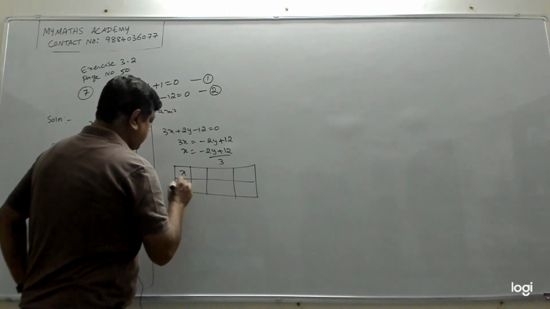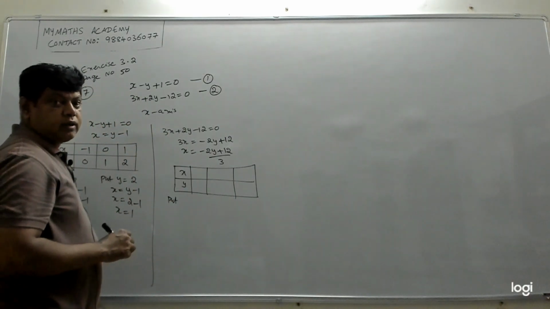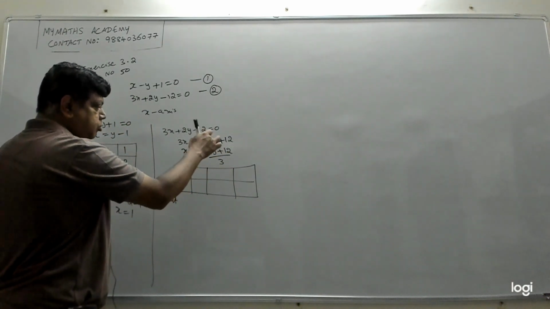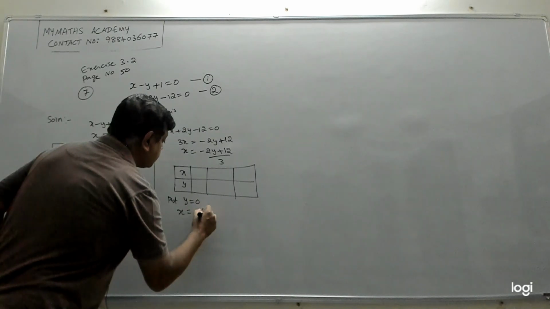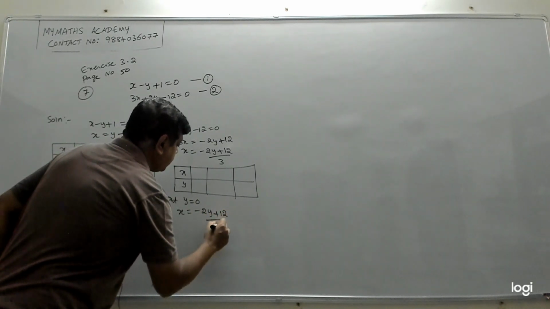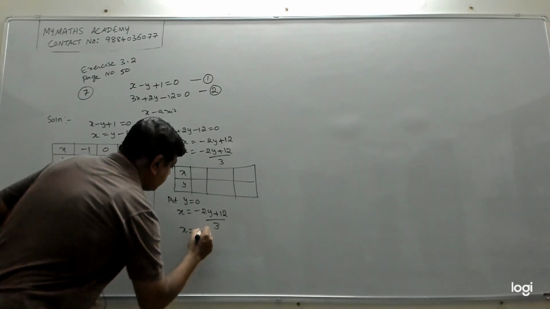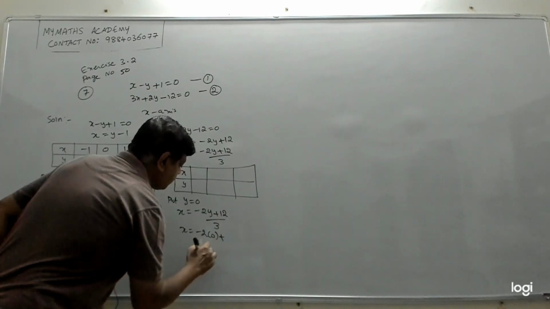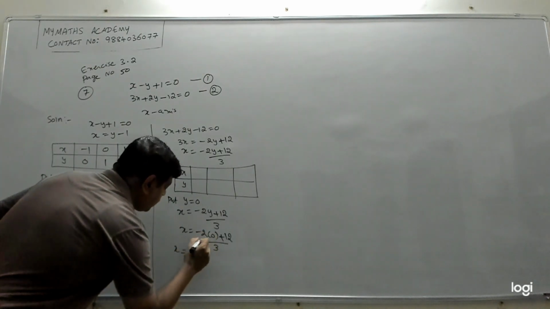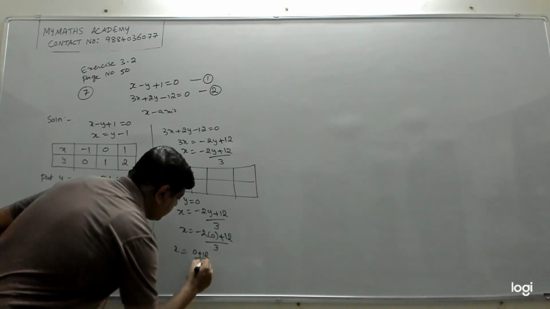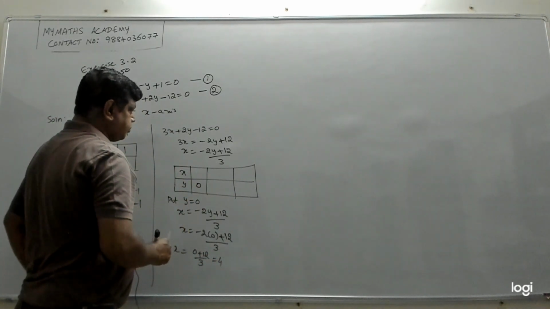Let's find the 3 points. So x and y. Now I should substitute. Which variable do we substitute for? Whatever is on the right side. The right side is y, so you have to substitute for y. Put y is equal to 0. Now what is my x? My x is equal to minus 2y plus 12 by 3. Now I substitute y equal to 0 in this. If I put y equal to 0, I'll get x is equal to minus 2 into 0 plus 12 by 3, which gives me 4. 12 by 3 is 4. So when y is 0, my x is 4.